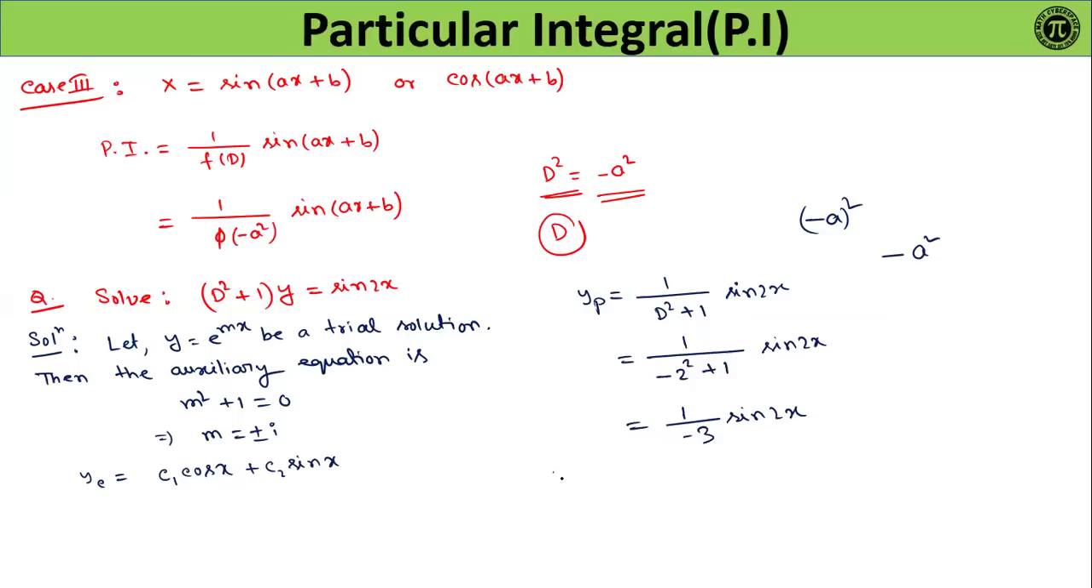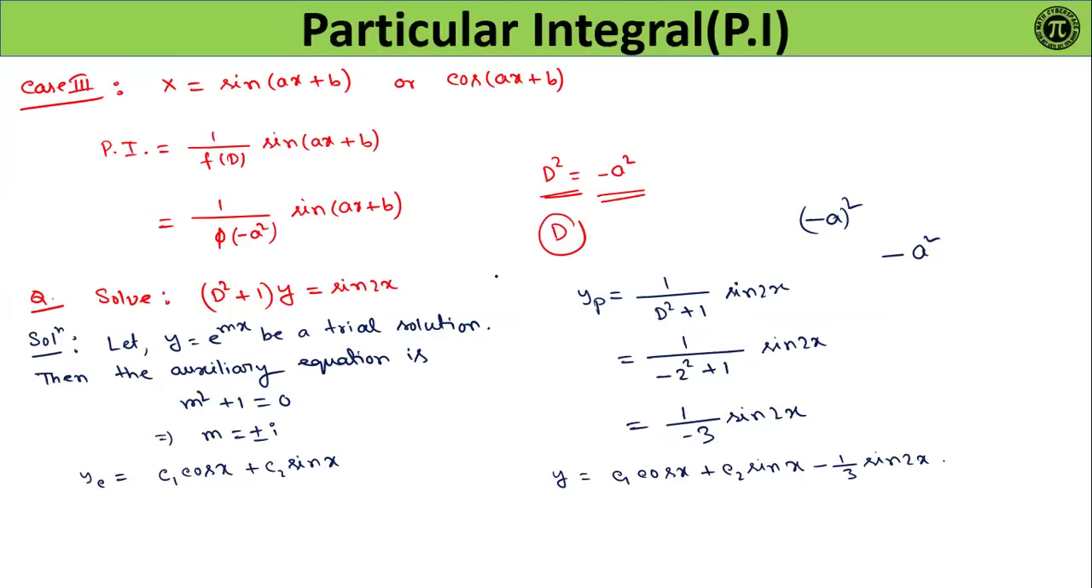y is equal to c1 cos x plus c2 sin x minus 1 by 3 sin 2x. Clear? So in this way, we can solve the trigonometric problem, where the right hand side is in trigonometric form. Okay, let's solve another problem